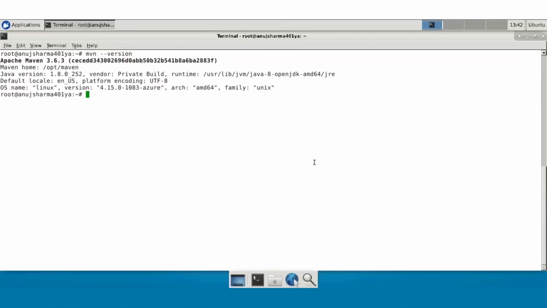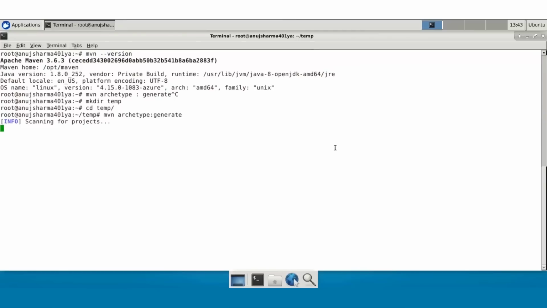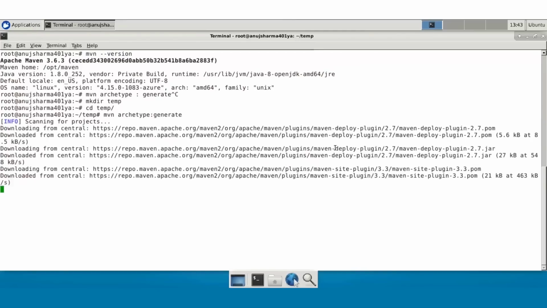So Maven will be available as 3.6.3 here. Now I'm going to run a particular command called mvn archetype:generate. Let me create a temp directory to perform this activity over there. So mvn archetype:generate. Now once we run that, it will download some of the binaries there, because